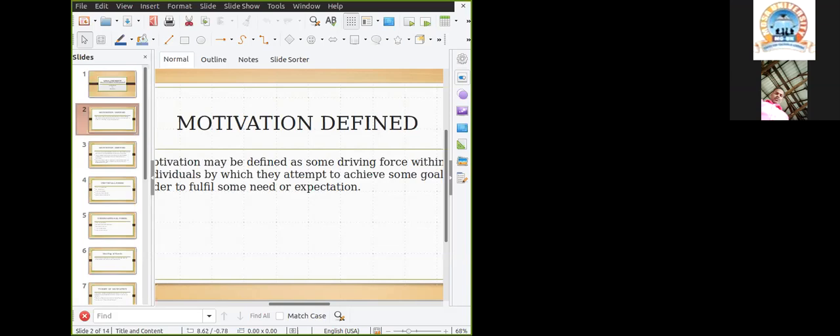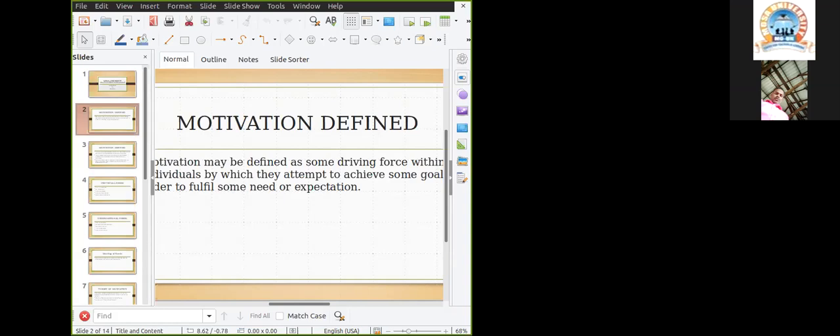Okay? I'll say this again. So how do you stimulate motivation in an individual? First, identify their needs or expectations. Second, try to meet their needs and expectations. Give them the goal that they have to achieve, and promise them that when the goal has been achieved, their needs will be met. That's it. It's as simple as it is as far as the way in which motivation works.